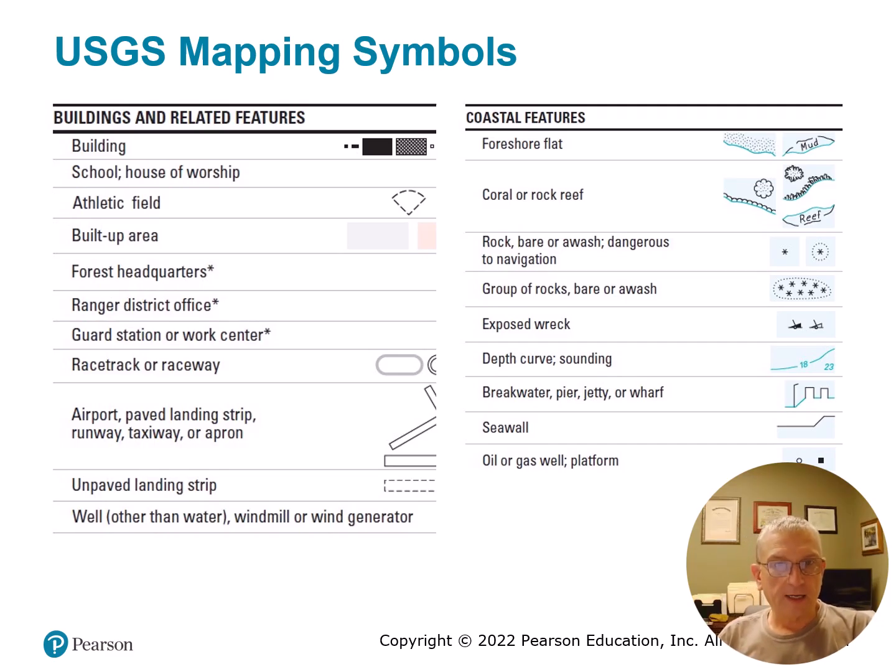program, and I have included some excerpts from their mapping symbols publication, which is part of your handout this week. And so we'll start with buildings and related features. A building is shown in like a square or a shaded-in box or something. Also, a school or a house of worship is drawn the same way. An athletic field is typically hatched this particular way. A built-up area, forest headquarters, and this has cut some of this off. Unpaved landing strips, dashed lines. These are landing strips that are